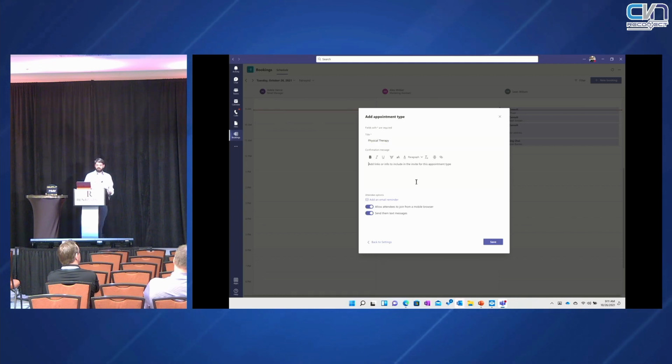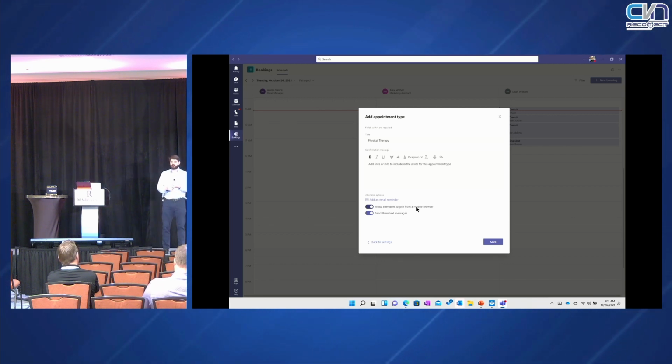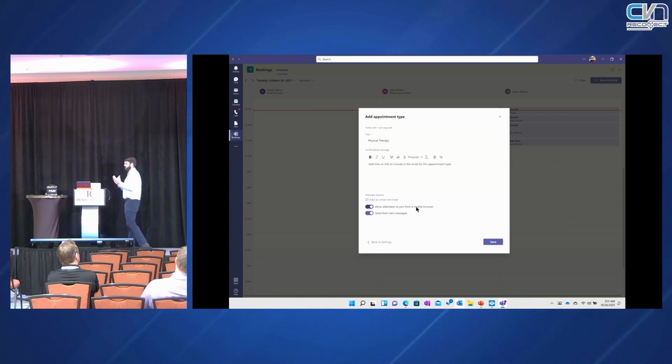Okay, and so in this, I can add any links or information that I want to be shared in the invite that will go out every time, right? But the key is also to notice that down here, I need to choose if they can join from the mobile browser, because if they don't get that, they will not get the ACS link. They will just get a Teams link, and then they get prompted to either install the application if they're on a mobile, right? Or if they're on a PC, then they will get the browser window that says join client